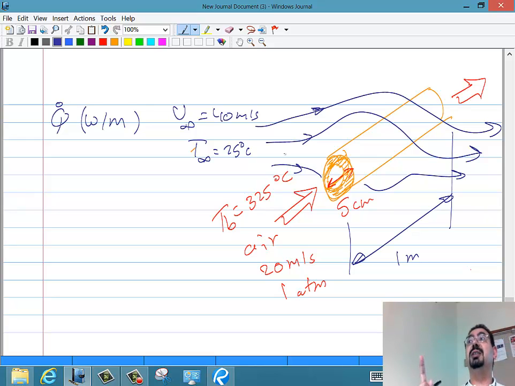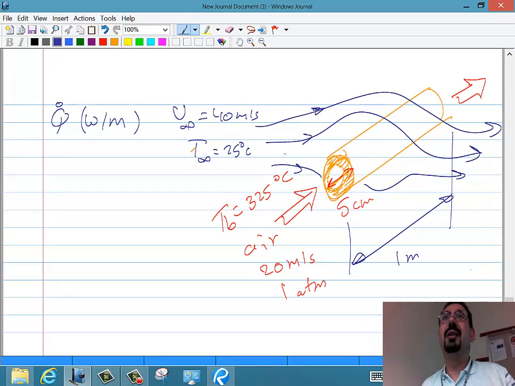Is there only one H or two H? So why are there two H to start with? Right. There is H from the inside and there is H from the outside. Right? And just like when we had the multi-component wall in our first exam, remember there were 3 components and